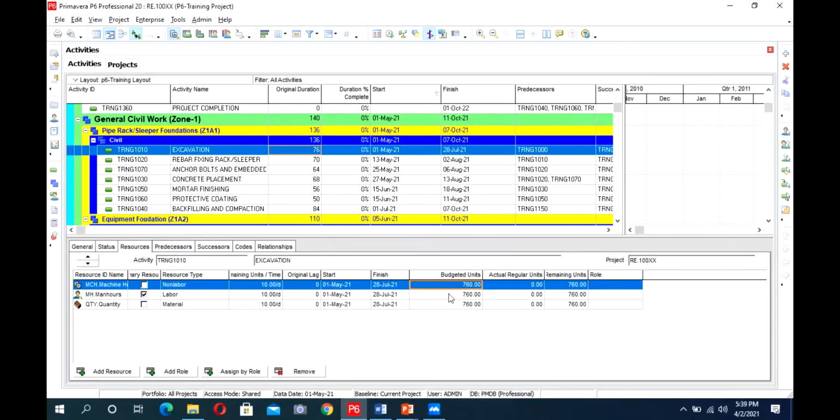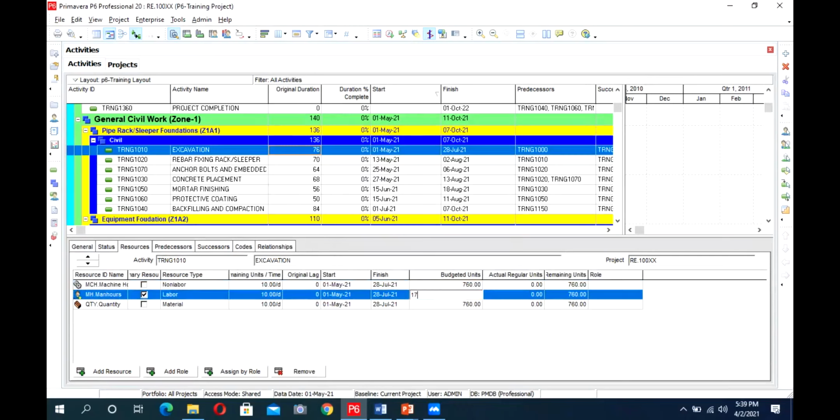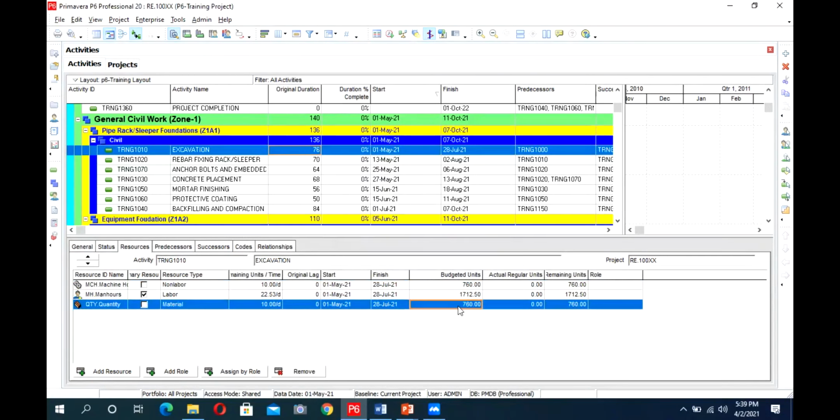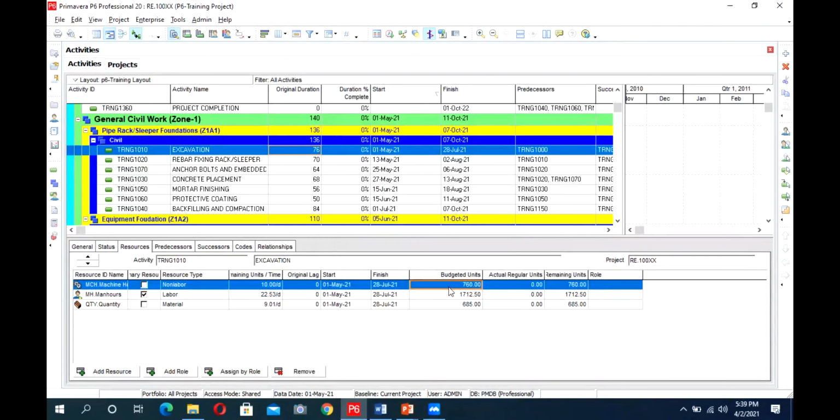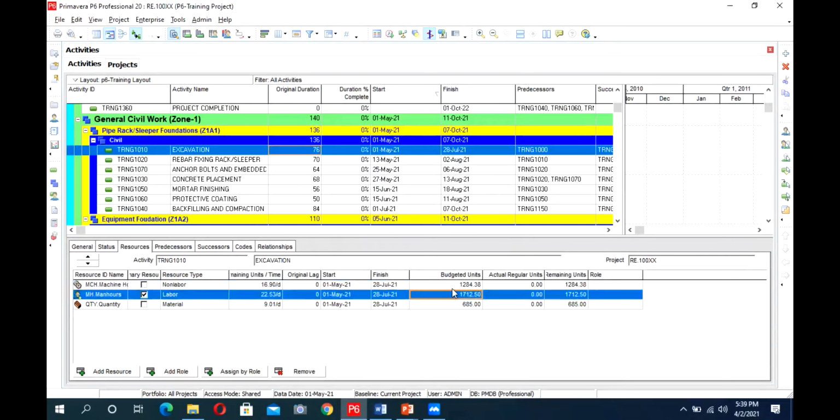It is 1712.50, and material 685, and for machine hours we have 1284.38.